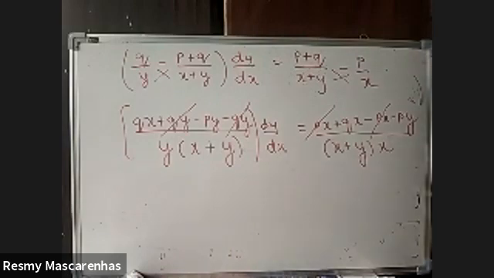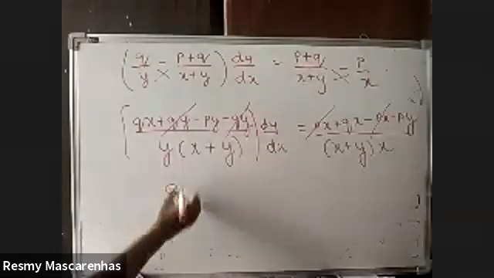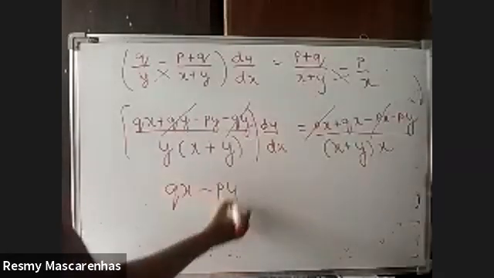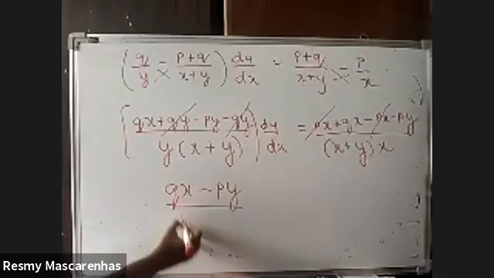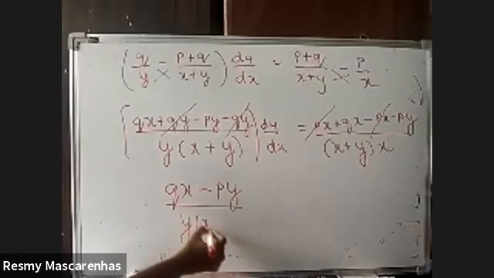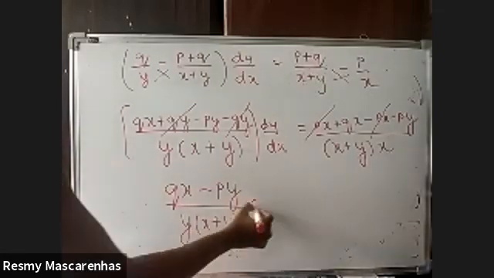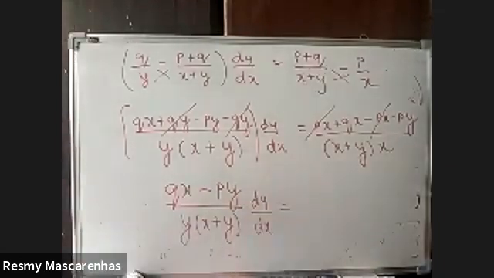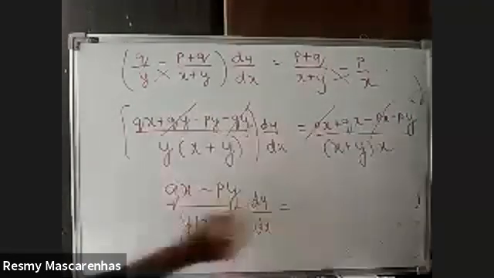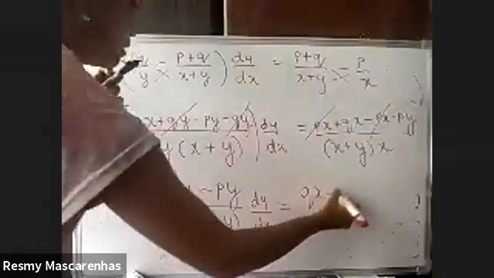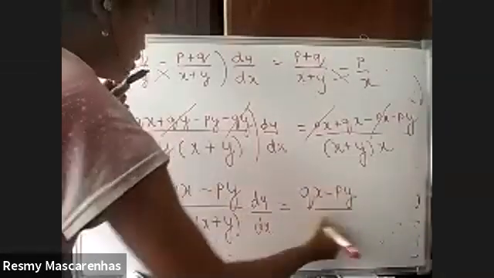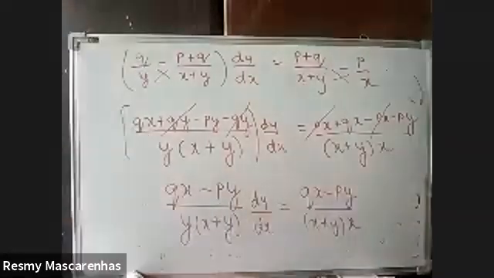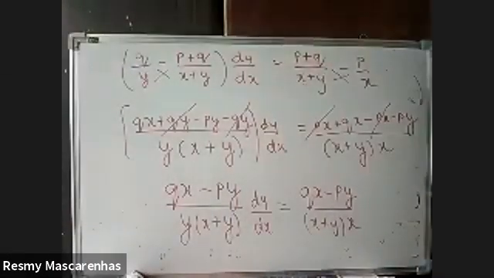Okay, so what will remain is QX minus PY upon Y into X plus Y. QX. So this is what you will get